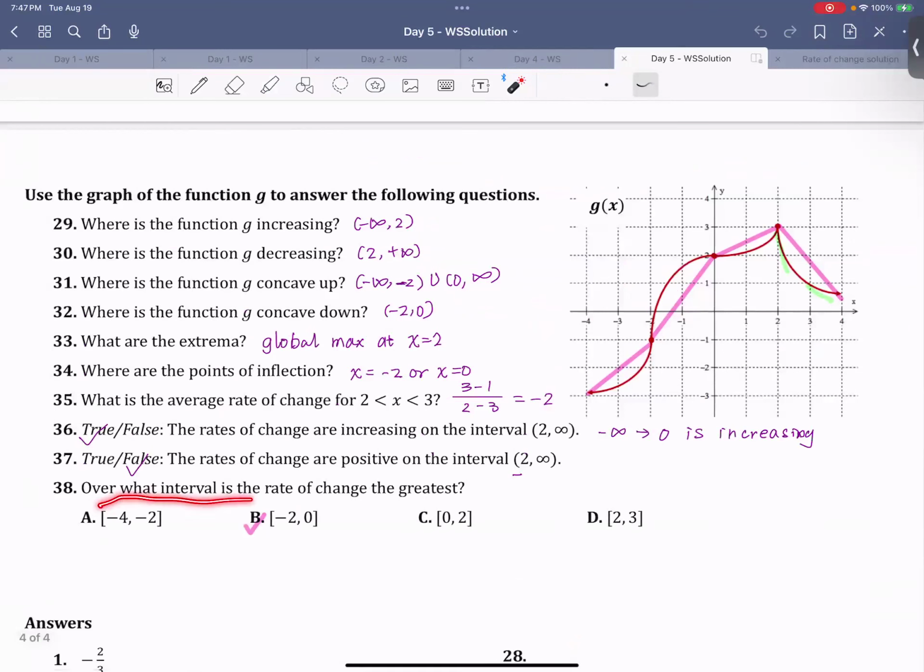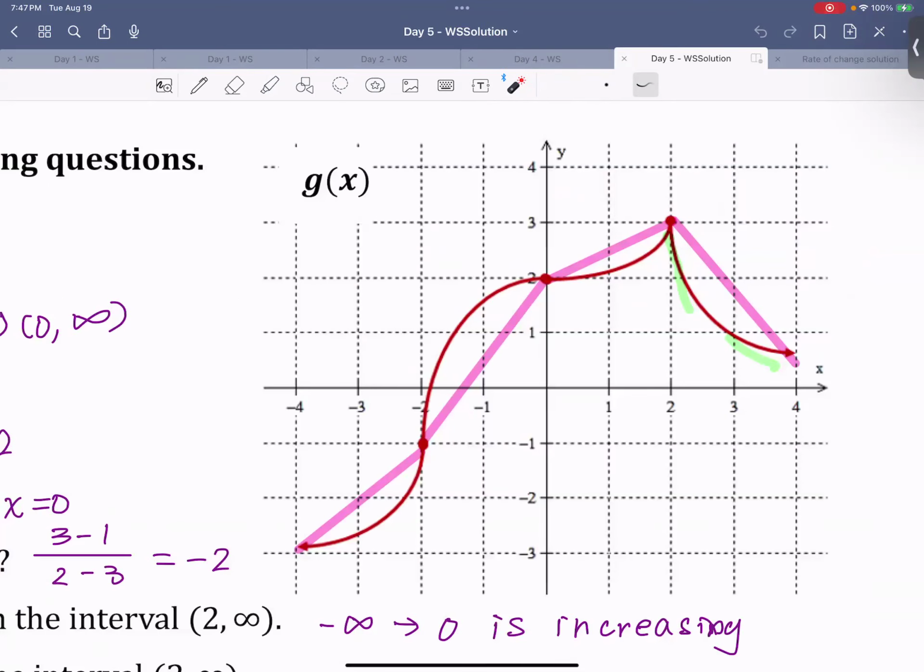So the first question is 38. This asks you, okay, look at this graph. Before we see the question, let's observe this first. If I get rid of this, let me call a student, okay? Lorena. Is this increasing or decreasing? Increasing. So all the way from here to there and to here, it is increasing